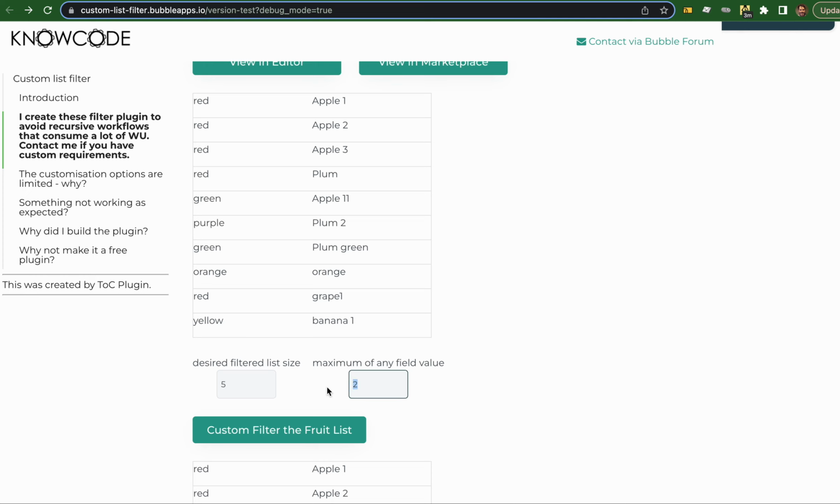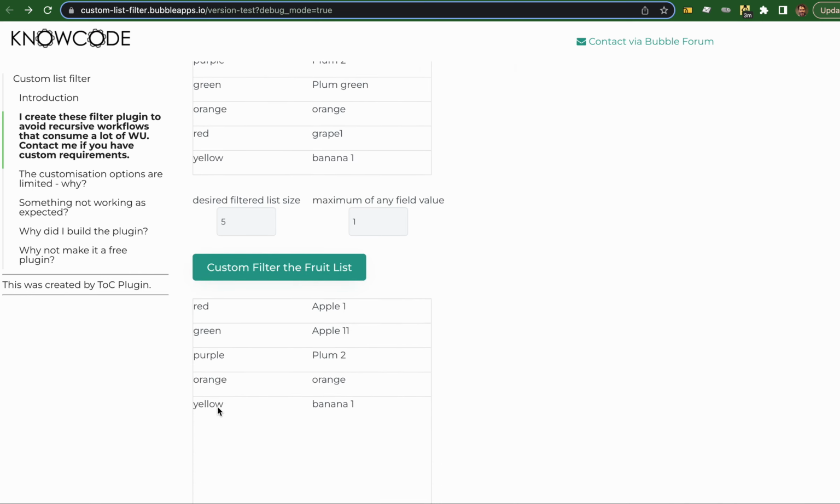For this particular plugin, it parameterizes how many you want and how many of each you want. So if I said just find the first 1 of each of that group, then I get this list. And if I said I wanted 3,